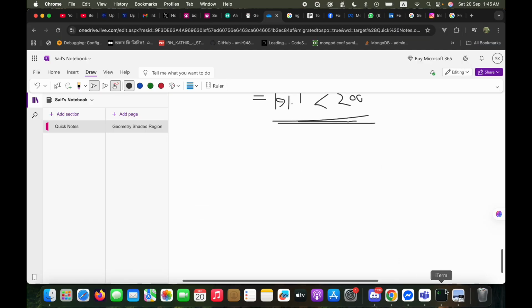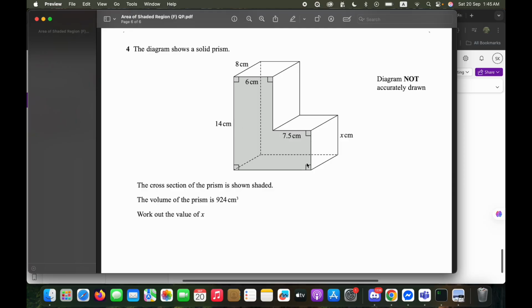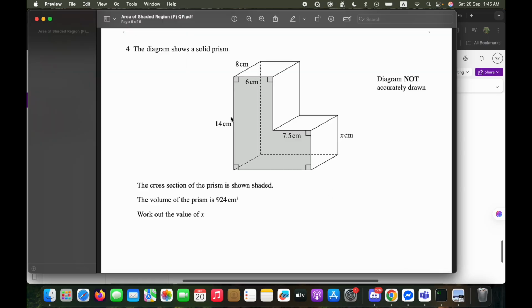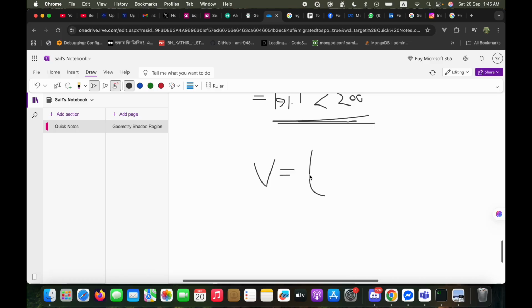So if I use my pen tool, I'll first focus on the volume of this portion. The length here is actually given. So this part is 6, as you can see here. This part is 7.5. So the total is 7.5 plus 6, which is 13.5. So let's say the volume V of the first part is 6 plus 7.5, which is 13.5, the length. 13.5